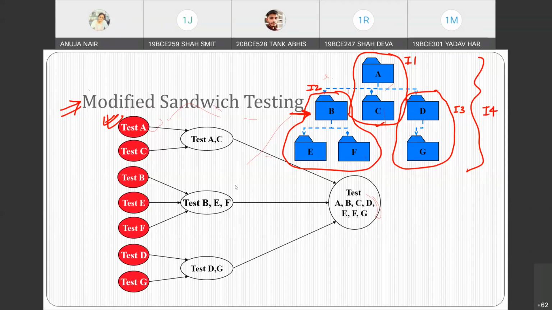You know what you can do is that you do one thing, this question is common, right? Make this question in your notebook and then try it out on your own. How will it look in top down, how will it look in bottom up, how will it look in sandwich, and how will it look in modified sandwich, okay? Just do it for 5 minutes and then we'll take another topic.